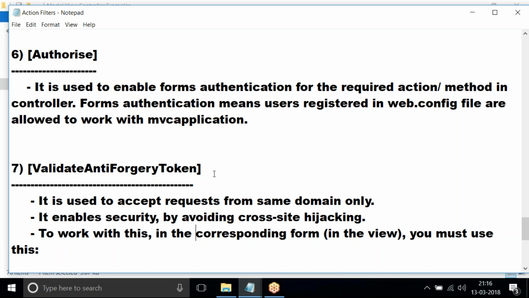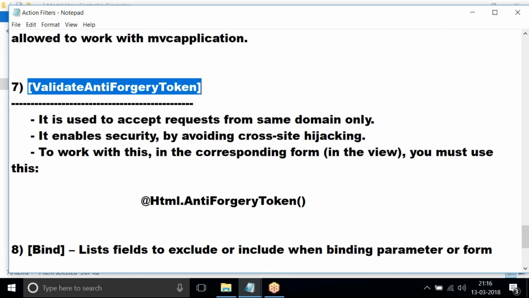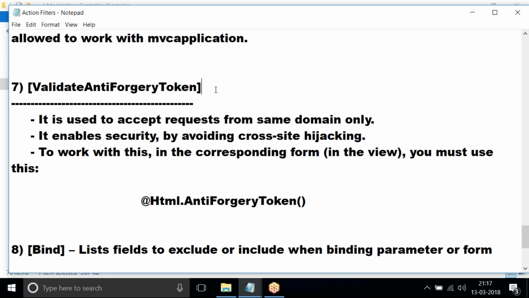And here validate anti-forgery token is there. This is used to avoid cross-site hijacking. If you want to allow the server to send response only to the authorized user accessing the website, then this is used.